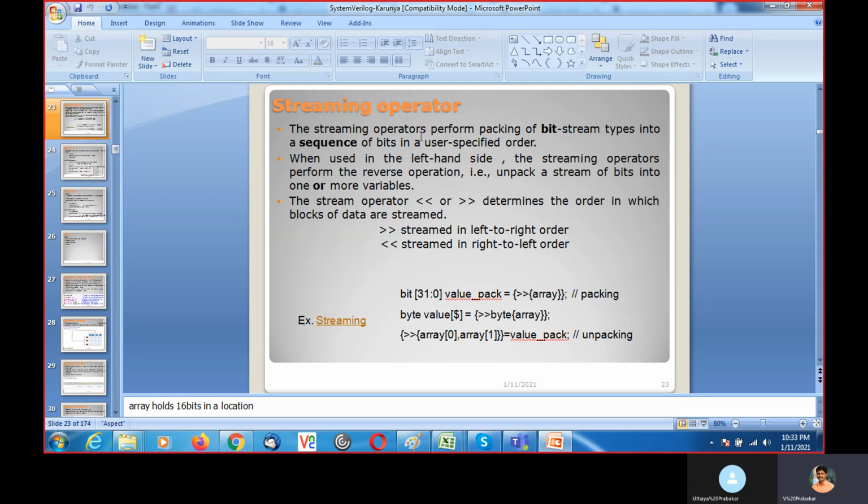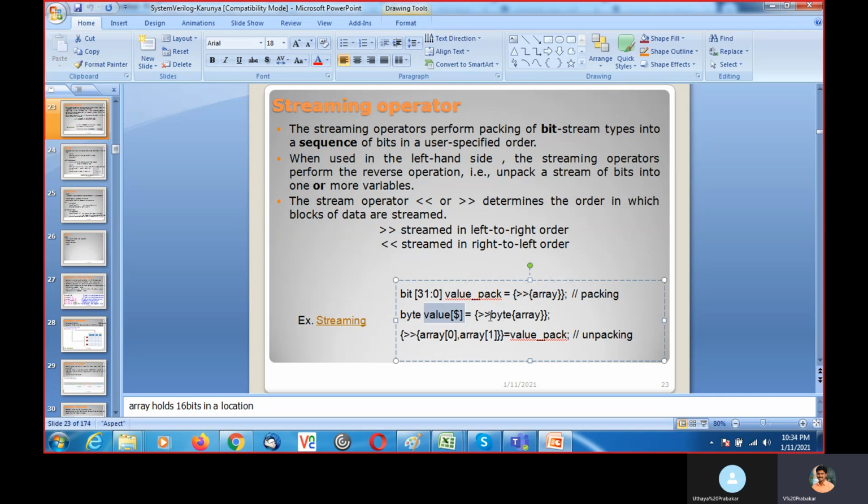Here it is given that it will use the specified order. So in case I mention byte, it will access 8 bits only. Here value is a queue. If you mention dollar within this bracket, it indicates that it is a queue. Each location is capable of storing a byte, 8 bits.